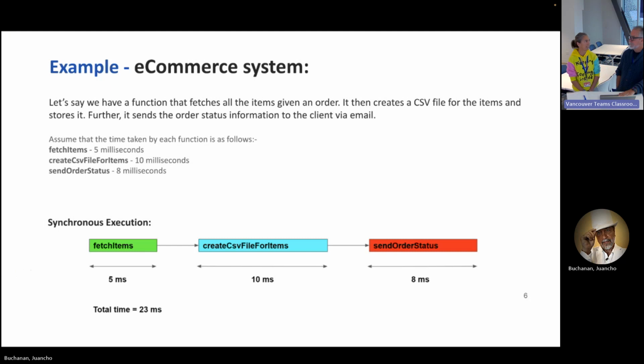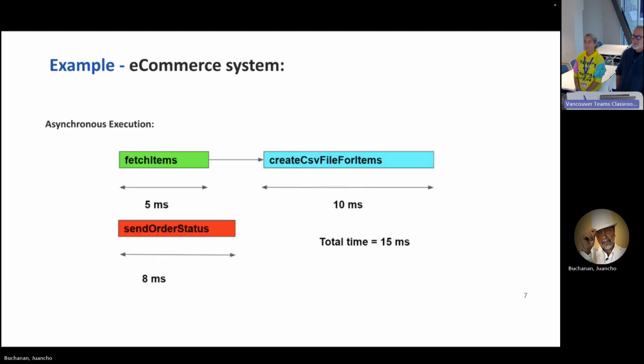So there are a few wrinkles in this example too, which is great. If you could send the order in before you had all of the CSV file, you could actually send the order in with a promise that the CSV file is going to follow later. Oh, a promise. Don't you have to finish fetching before you send the order status? No, you have a promise that says there will be a CSV file here at some point. So you're not even done your work. No. Can we do this with our assignment? Yeah.